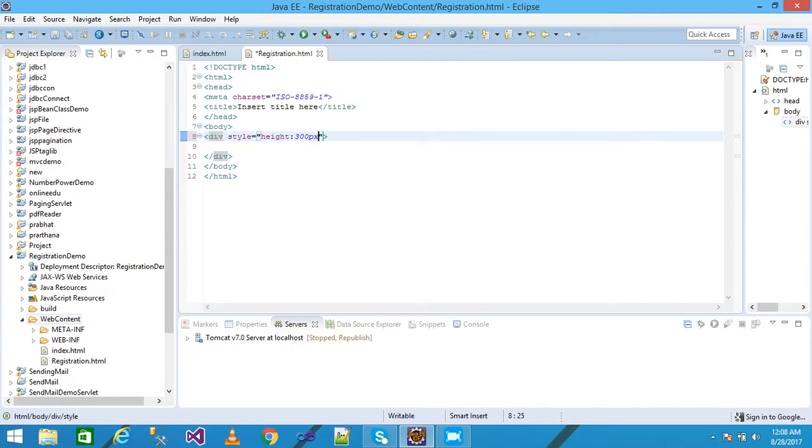Style height as 300 pixel, and width as 300 pixel, and margin-top as 200 pixel, and margin-left as 200 pixel, you simply write here the 300 pixel, and border color red, and border style as solid,